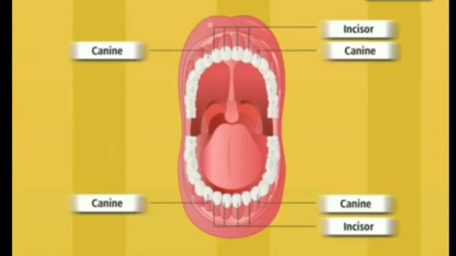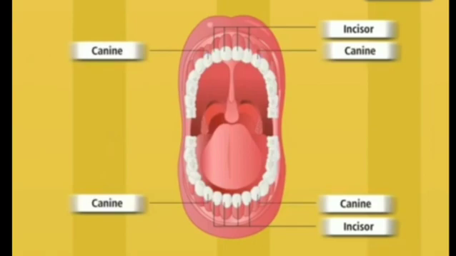As you can see, right next to the incisors there are 2 arrows in the upper jaw and 2 arrows in the lower jaw. In the upper jaw you can see 2 teeth right next to the incisors. Those are known as canines, and the same is in the lower jaw. There also you can see with the incisors there are 2 teeth which are known as canines. We also call them tearing teeth. Is it clear about the incisors and canines?